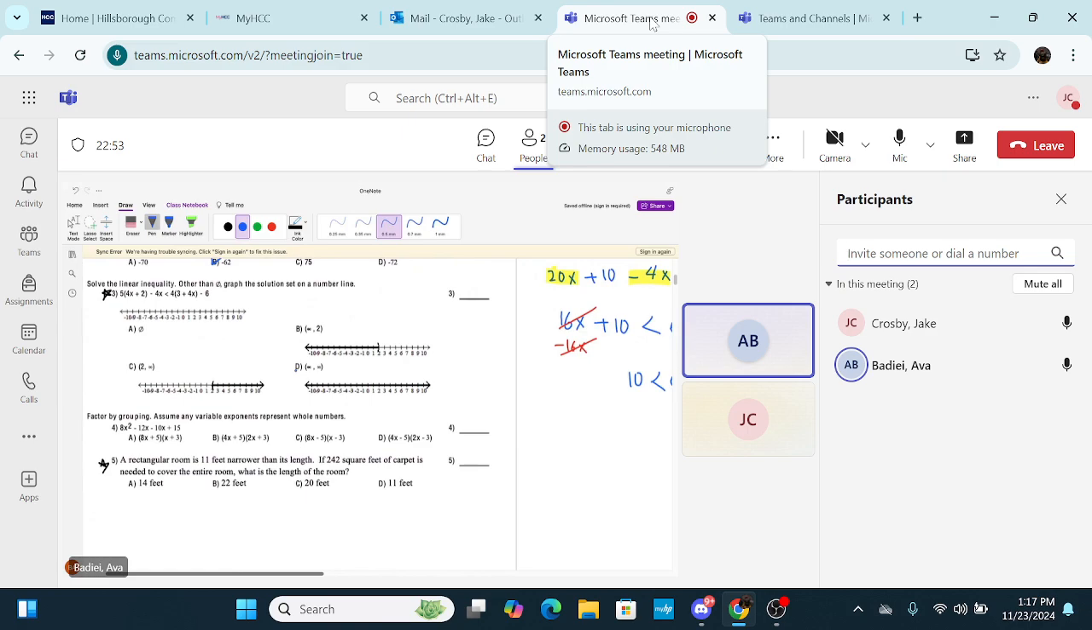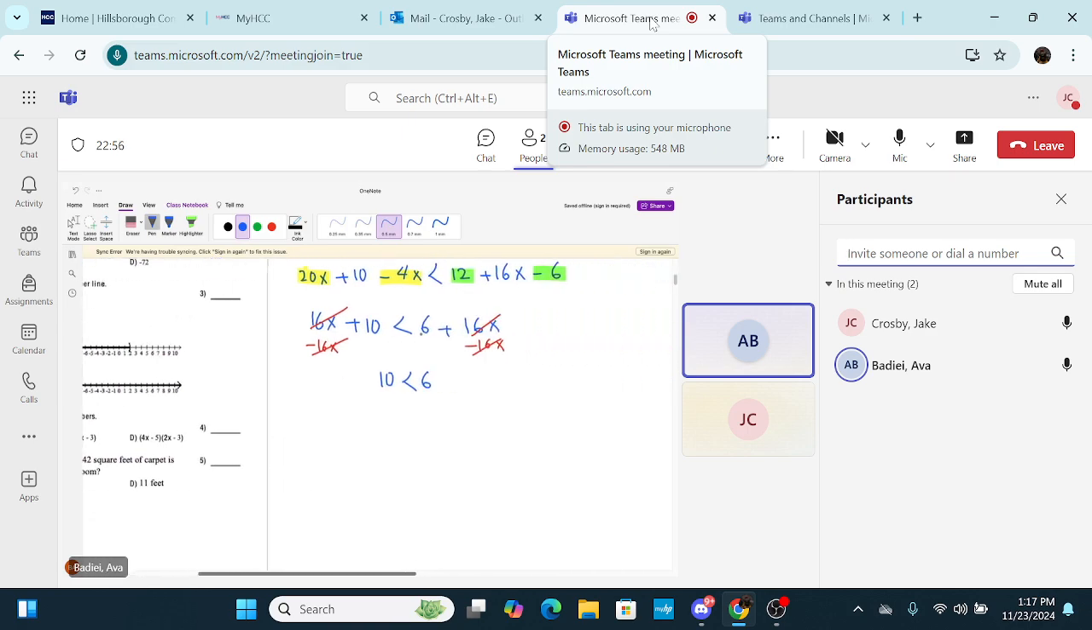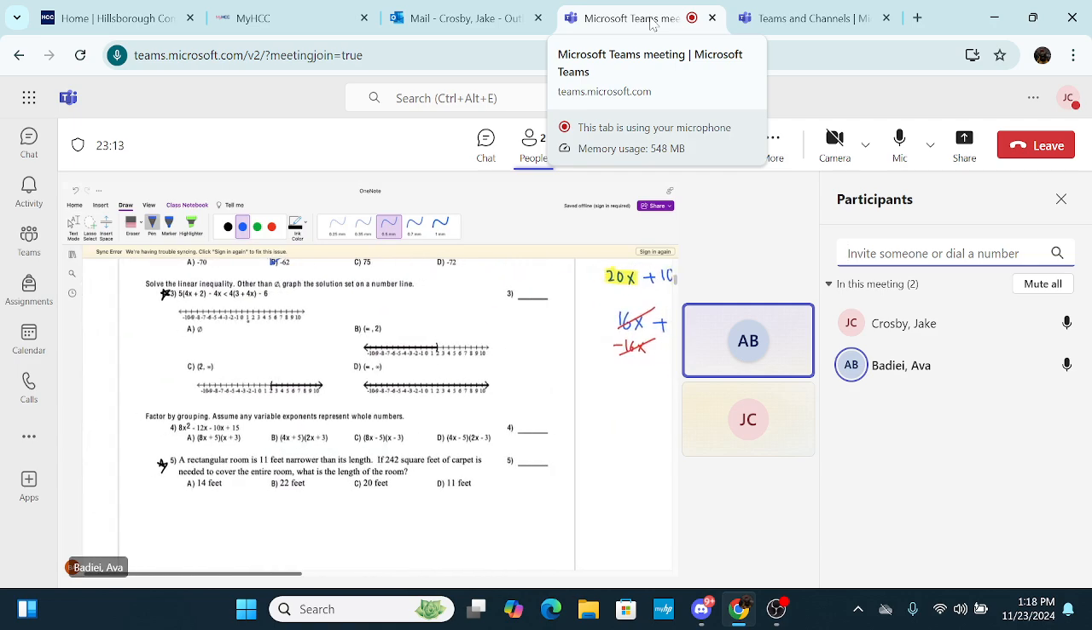That's it. So if it had given us, let's say if this was the other way around, so if it was 10 greater than 6, we would say this is true all the time. So your solution would be just all x in that case. But when it doesn't make any sense, then it means that you have no solution. So it's going to be